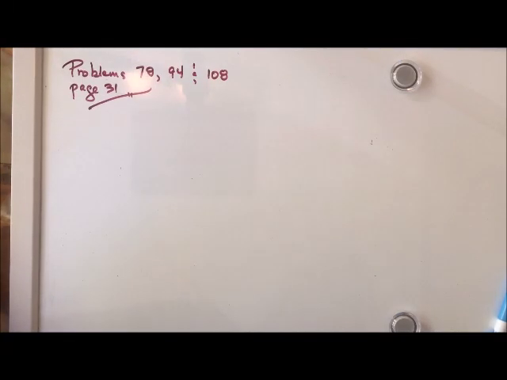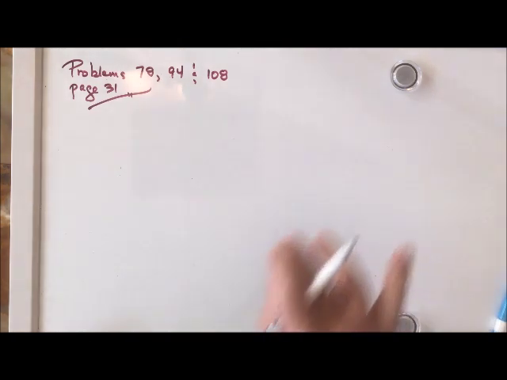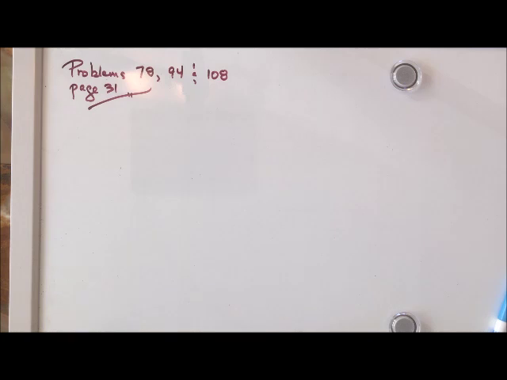Okay, let's polish off the last three sister problems associated with homework 3. They are page 31, problems 78, 94, and 108. In these three problems, you are given information about the equation of a line, and you're asked to discuss or tell about properties of the graph. In particular, in 78